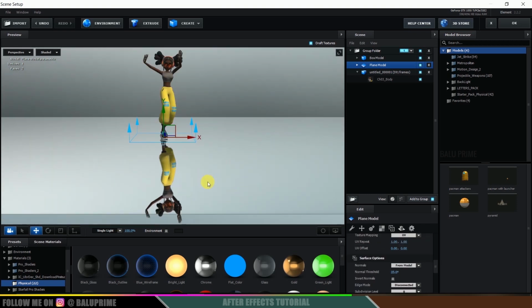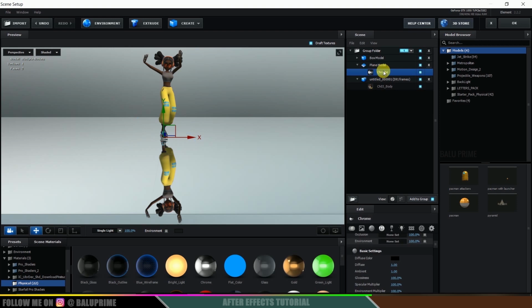Suppose we want to add some blurriness to this reflection, we can do that by selecting this chrome material, scrolling down to basic settings, and you can see that glossiness is set to 100%. If you reduce this glossiness percentage, you can see our reflection is getting some blur effect. If we keep this at 100%, there is no blur added. So if we reduce this glossiness, we can see there is some blurriness added to it. Let me reduce this to 75.